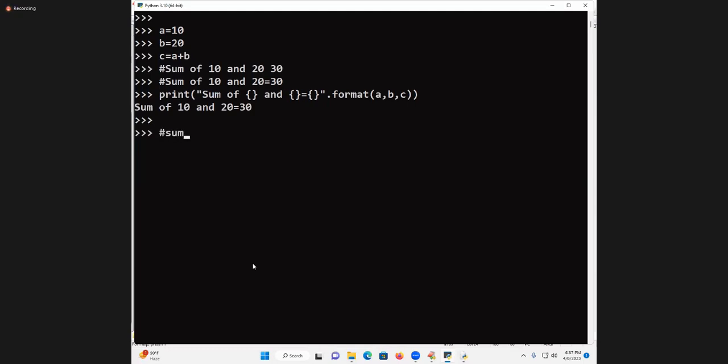Okay, see, sum of 10 comma 20 is equal to 30. This is a good output now. Sum of 10 comma 20 is equal to 30. Ready? Okay, come on. Print of double quotes sum of